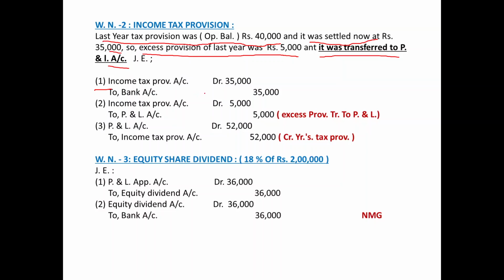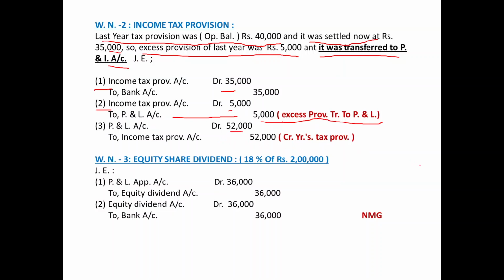Income tax provision account debited 35,000 to bank account credited 35,000 for the payment that has been paid in the current year. Excess provision, as we discussed, rupees 5,000. तो जहां से लिया था इनको ही लौटा दे रहे हैं. Income tax provision account debited 5,000 to profit and loss account credited 5,000, excess provision written back to profit and loss account. And the current year's provision, whatever it is, you will get it in the form of balancing figure